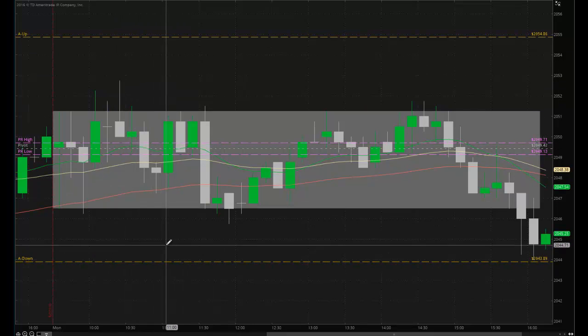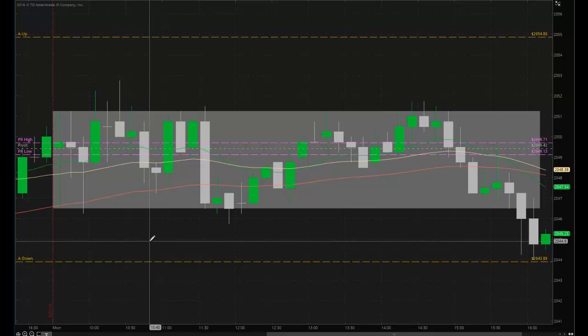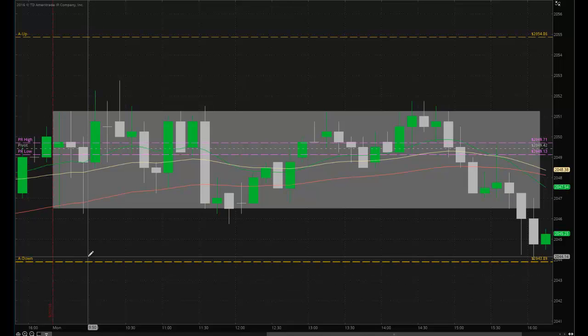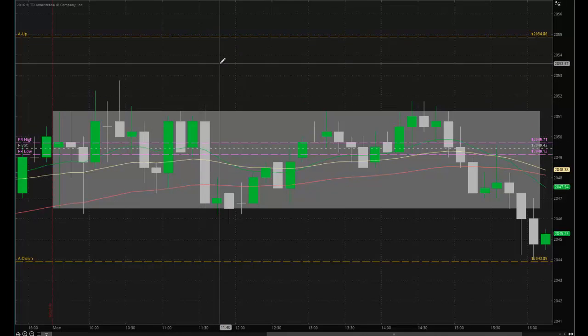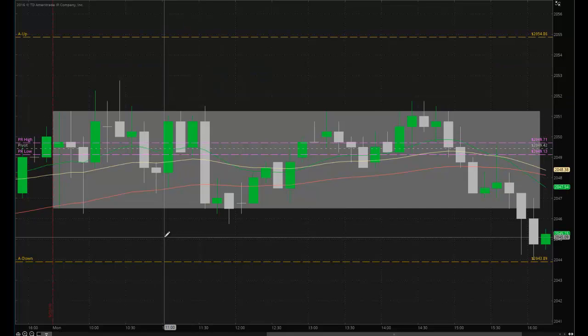And then everything is flipped. You can flip everything. Same thing on the downside. If the market moves down, you want to fade, which means you want to buy the A down on first touch, and then have price push back into the opening range, and then continue through the opening range and possibly confirm the A up. So you need to get in the habit of learning to fade these A points,